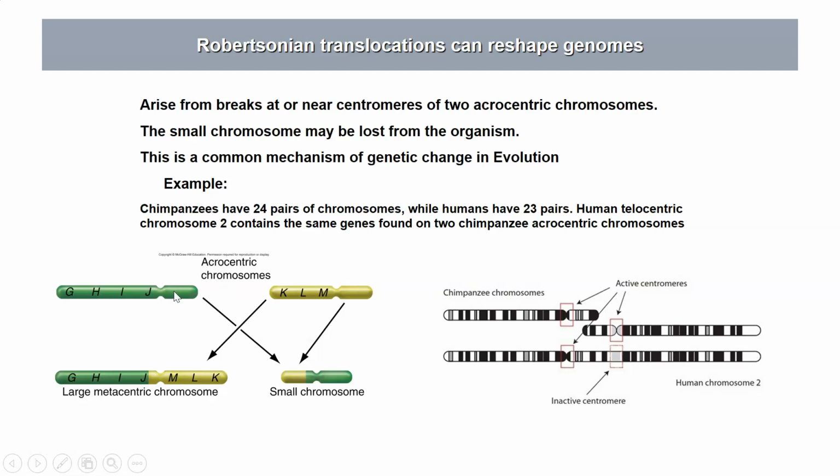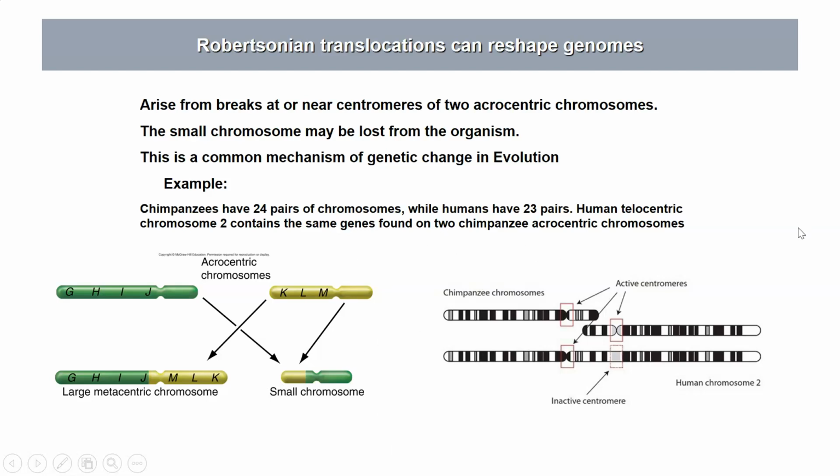Acrocentrics have their centromeres near the end, and if you have a translocation of the long arm of one acrocentric onto the short arm of another acrocentric, and then the other chromosome would have just these two small ends, oftentimes this chromosome can be lost because it has very little or no coding region, no genes. And this chromosome would be retained. So this would be translocation between two acrocentric chromosomes producing one large metacentric chromosome. So this happens in some cases,